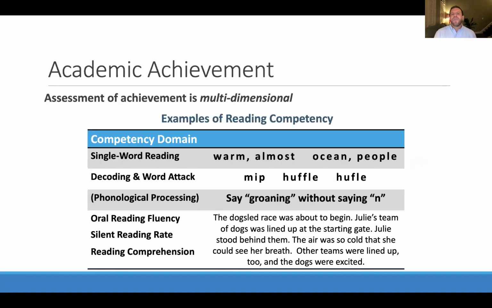So just to give you an example, we're not going to talk about all academic domains, but I want to talk about examples of reading competency. So you see that we should be looking at multiple areas. We might be first looking at whether or not when someone just reads a list of words, right? What are their sight words? What is their fund of sight words they can just read? We might then be asking them to do those fake words, the ones I showed you before, where they're having to sound out. That's going to give us information about how they apply phonics when they're reading a less familiar word, right? Because it's not a sight word.